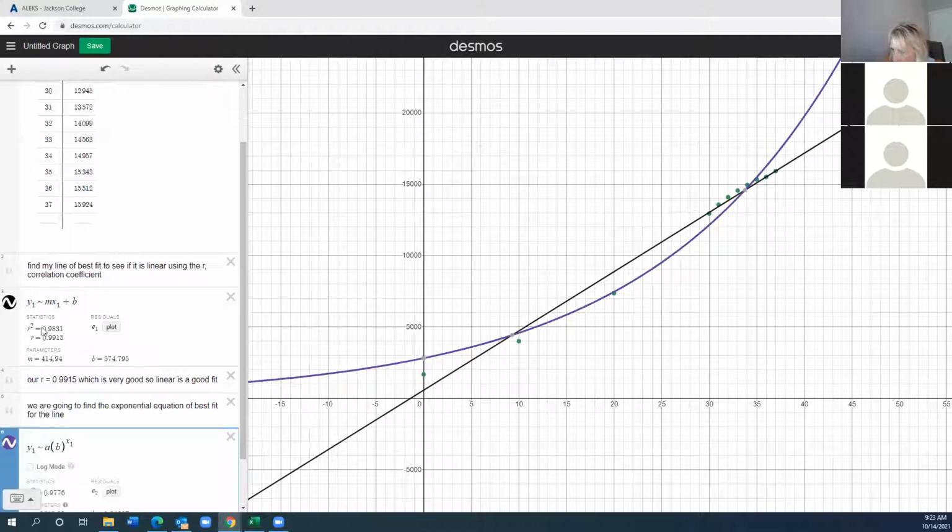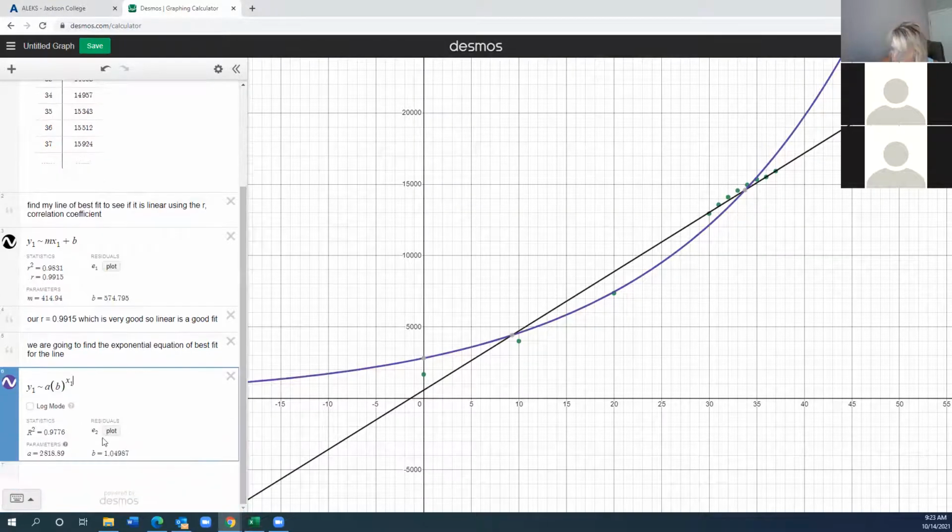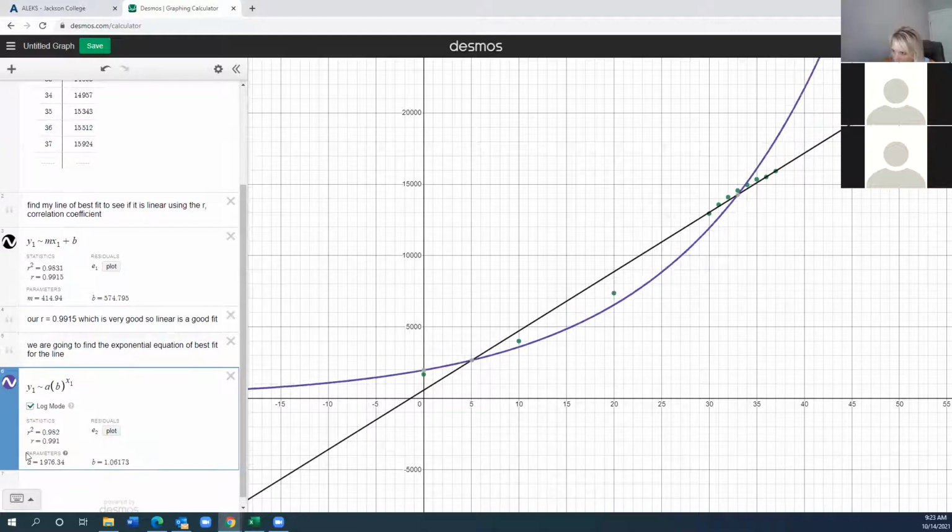There we go. And we have to remember that when we do the log, the exponential model, we have to click on the log mode box or it won't give us the R. So there it is. Our parameters A and B. So A is 1976.34 and B is 1.06173 to the X. So go ahead and jot that down